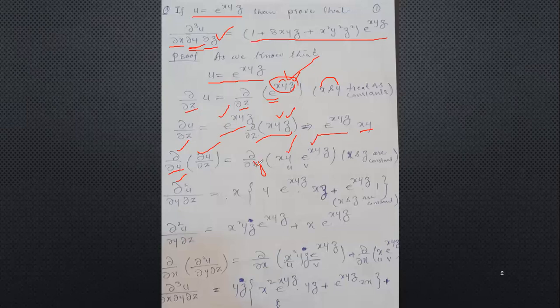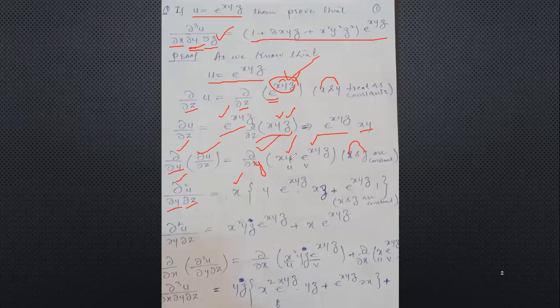Now we are taking derivation with respect to y. So here x and z we consider as constants. In the left hand side we get partial square of u with respect to z and with respect to y. In this term x is multiplied with both. Means these are also in multiplication but x is multiplied. So x we consider as a constant, so we take it common. Now we use the u into v formula.